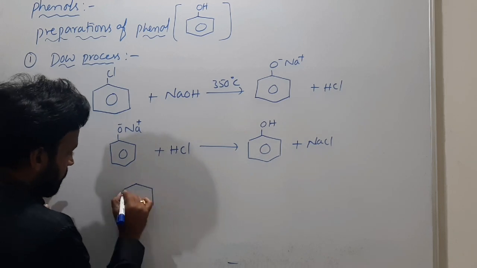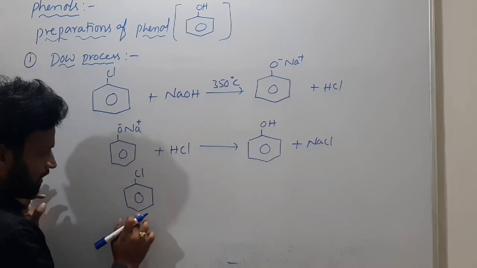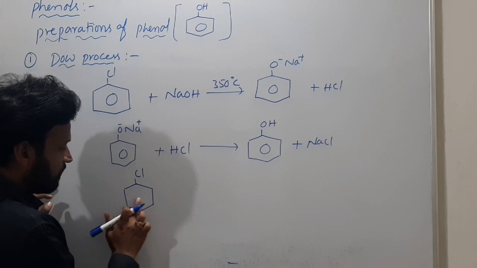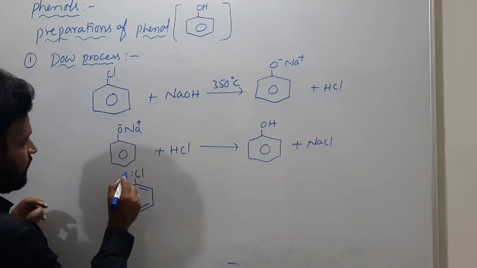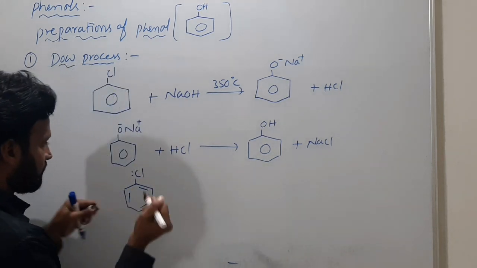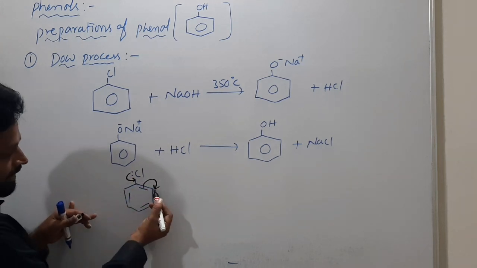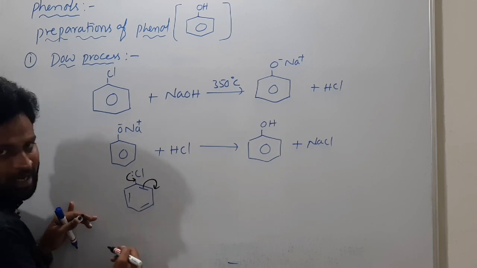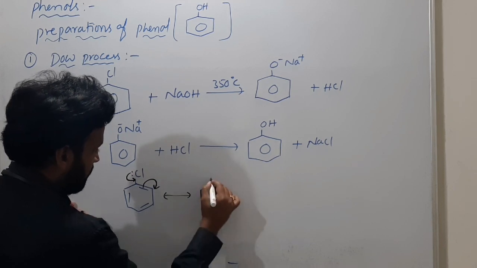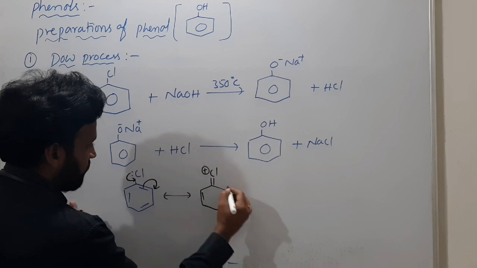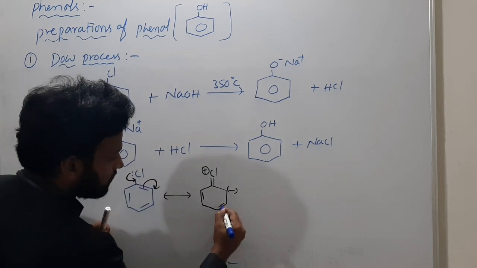If you have electron withdrawing groups at ortho, meta and para, then reactivity increases. Because chlorine, if you see, what happens? Chlorine will donate an electron pair like this. This pi electron will move towards this. Certainly you will have negative charge at the ortho position as well as the para position. Do you remember those? So like this you will have C6H5 double bond Cl plus, and here a negative charge. Like that, if these pi electrons are moving downwards, then